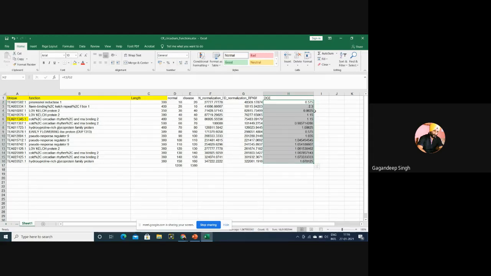So I can see that this is the 2.3. This is 2.3 times upregulating. This is 1 time upregulating. Only times. This is 1.15 times. I will select only the reads which are upregulating to more than 2 folds. Here I can select this particular. Now what is the function?